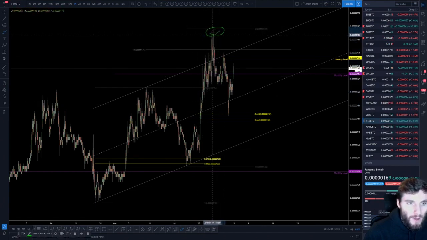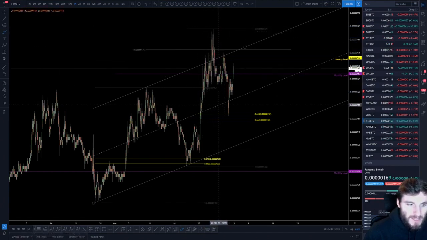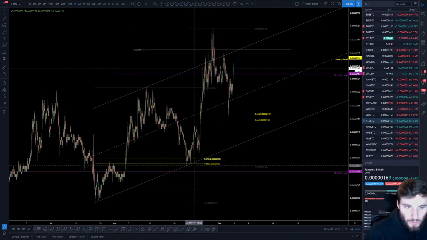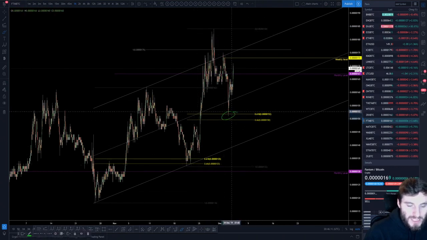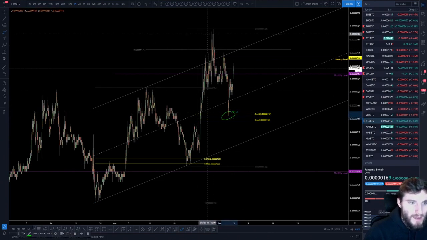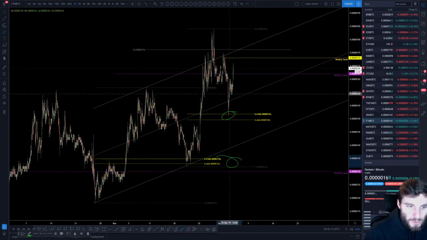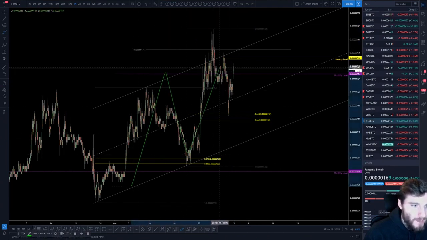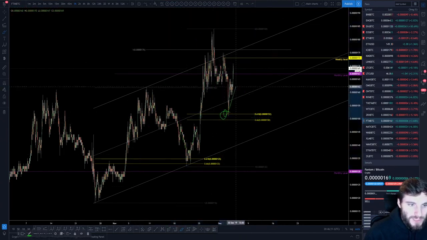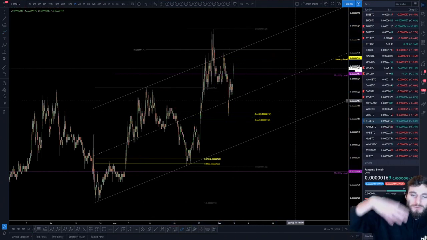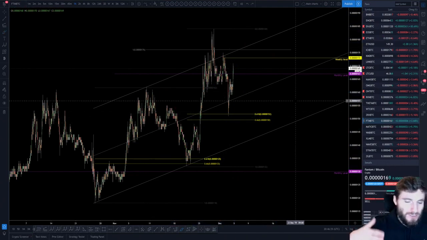People are not buying at 184 sats because you were at 133 sats one day ago. You come down to a 61% retracement. People here are not selling because it was here one day ago. They are comfortable to buy a higher low because the market moves up like this. Again, you hit the 1618, you move up again. For me, it's just the natural flow of the market. You just get these natural flows. There's no reasoning behind it per se.